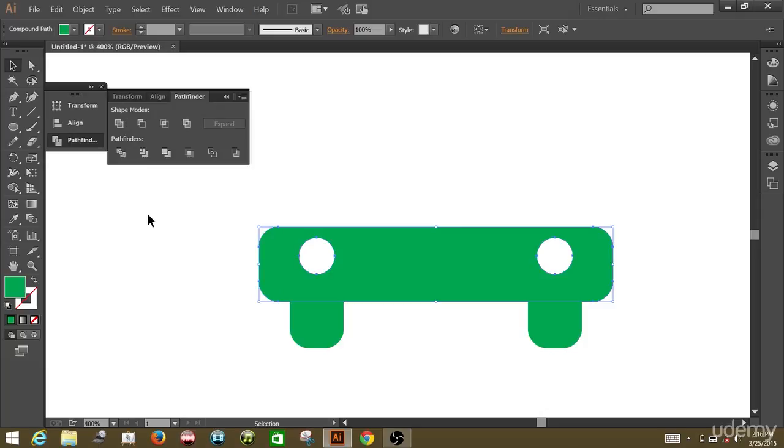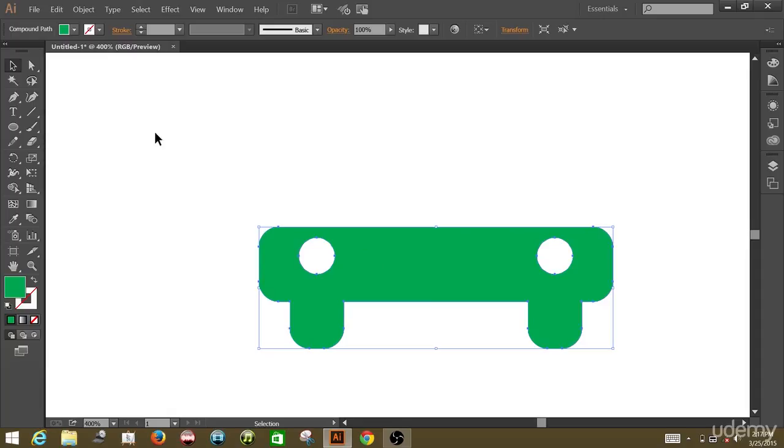Now again, as you can see, let's go ahead and hold down our shift key while having, of course, this body selected that we just made spaces in the shape of lights. Hold down the shift key and select with it this wheel and this wheel, then release your shift key. Come back to the Pathfinder and select the command unite. Close your Pathfinder, and as you can see,